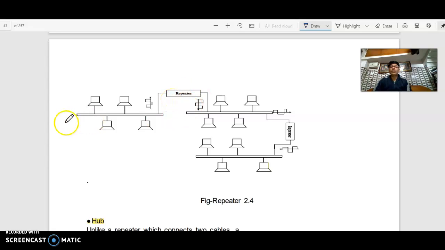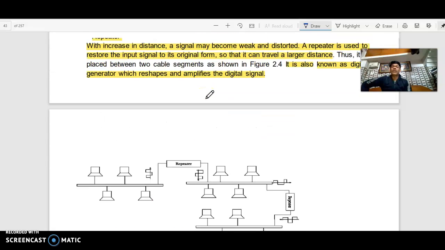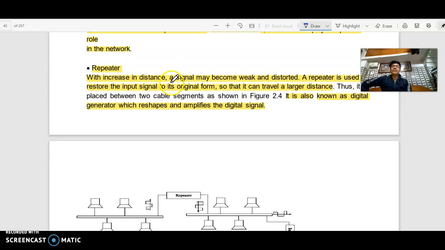In between, the repeater is used. If the signal gets distorted, the repeater will regain the signal and send it to the network. That is the purpose of a repeater. Here you can see, with increasing distance, a signal may become weak and distorted. A repeater is used to restore the